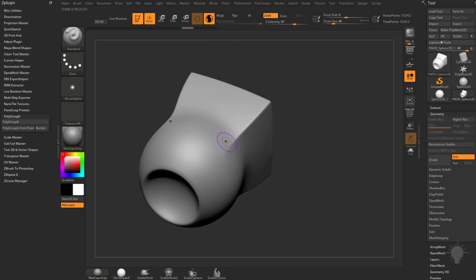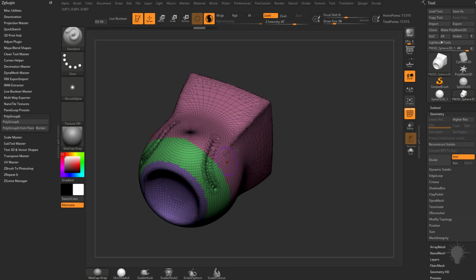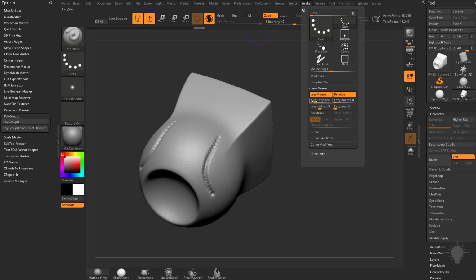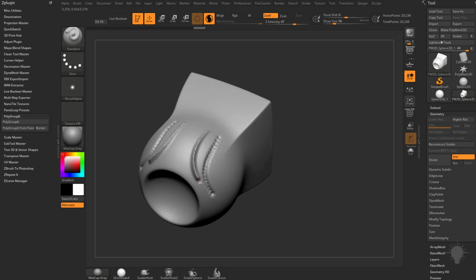As well as you can also remember, if we undo that subdivision there, so with no subdivisions, we can go in here to Sculptris Pro mode, and we can go ahead and start carving this in. And this will tessellate the geometry on the fly. I'm not getting a very even stroke on here, so what I'm going to do is go into my stroke lazy mouse. I'm going to take my lazy step down, and that'll give me a lot smoother stroke. So now I have a nice smooth panel line cut through here.